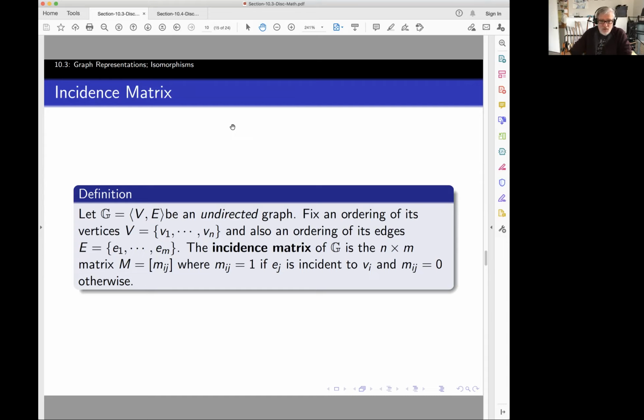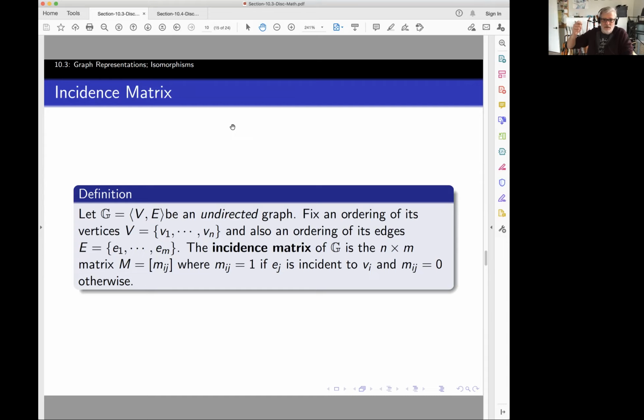So if you have an undirected graph G, with vertices V and edges E, you need to choose an ordering of the vertices, let's say V1 to Vn, and also an ordering of the edges E1 to Em. Remember, we say that an edge is incident to a vertex when that edge is defined using that vertex. So the incidence matrix of G is the n by m matrix where Mij,